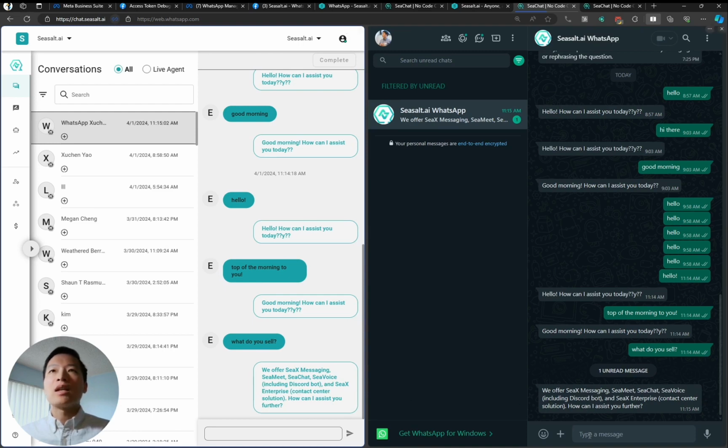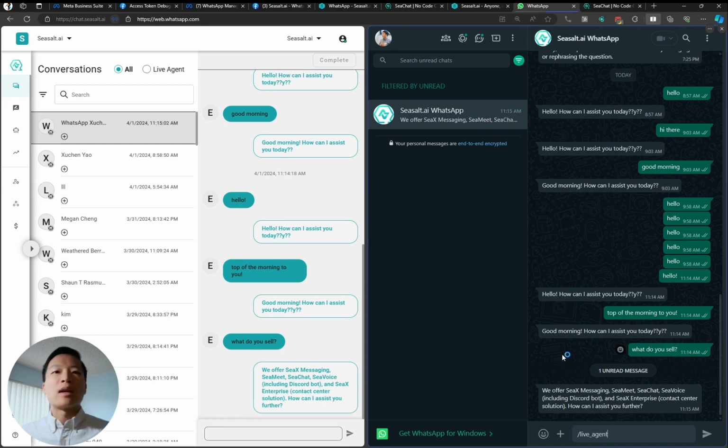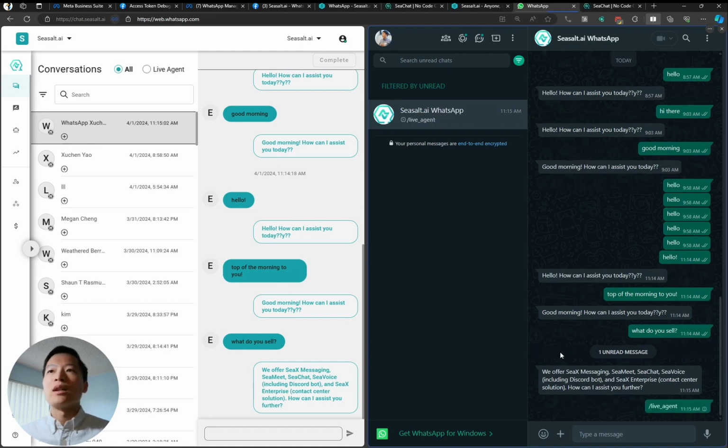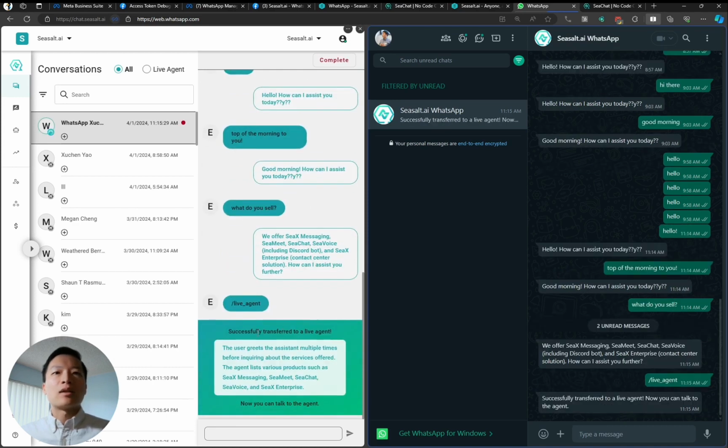Exactly the same, right? If I want to be a little bit fancier, I can go to request for a live agent. I can type my slash command, a live agent. Of course, you want to tell your user that the user is actually requesting a live agent over here. And then on the left-hand side, I would say, okay, successfully transferred to a live agent because I'm currently online now.